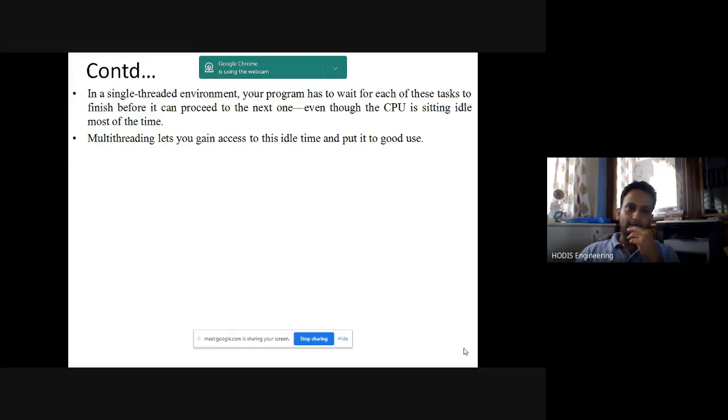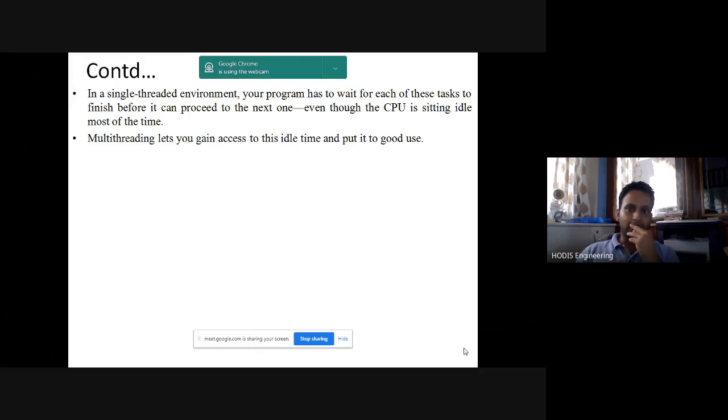So then what is the advantage? See, generally what happens is, when you execute a program, if there is a requirement for any IO, then your set of instructions, which execute line by line, will halt for some time and go for the IO operation. So there will actually be wastage of CPU cycles.